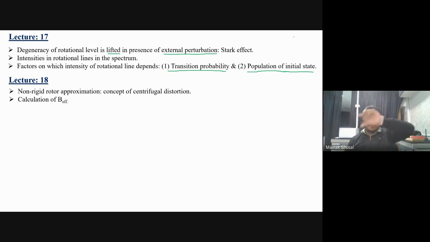But in a molecule the bond is not fixed; it is actually vibrating, so with rotation there is also a vibration attached. That's why the non-rigid rotor approximation becomes very important. Then the equation was changed, and the concept of centrifugal distortion came in,